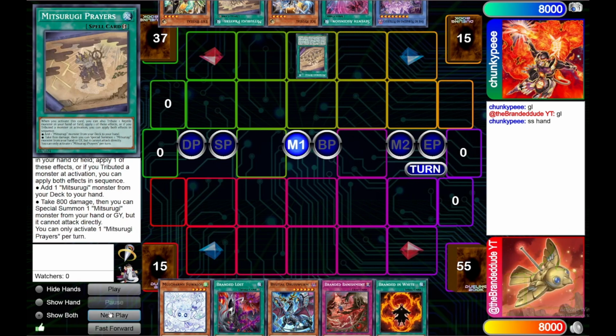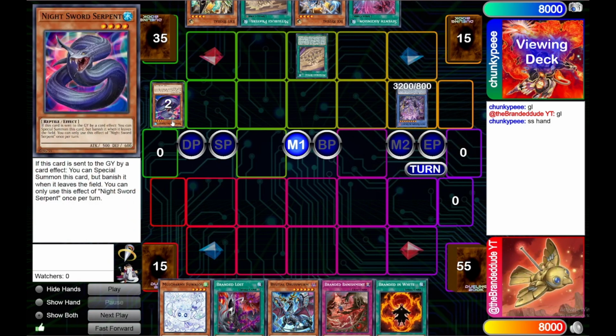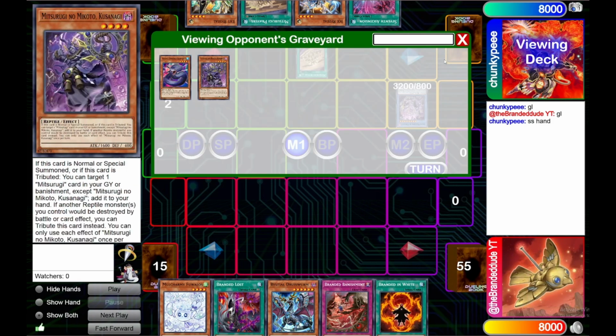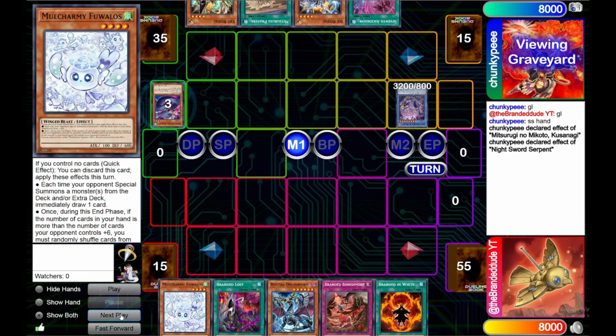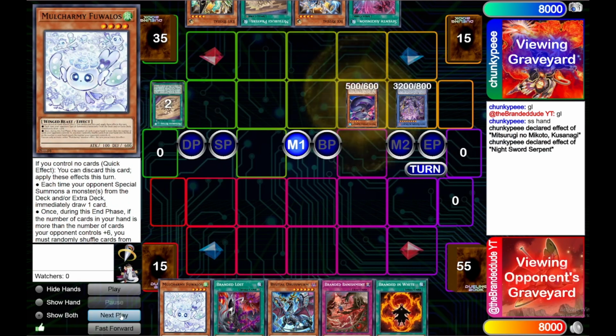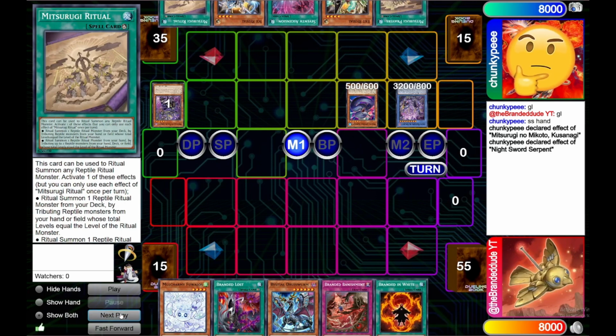So main phase, he activates the rituals, so he's going to summon from hand Ame, tributing both the Night Sword Serpent as well as Kusanagi, and then on resolution it's going to be Chain Link 1 Kusanagi, Chain Link 2 Serpent, just to reborn itself. So Kusanagi is going to add back a ritual to hand. Honestly, the fact that Mitsurugi cards can just add back these spells is